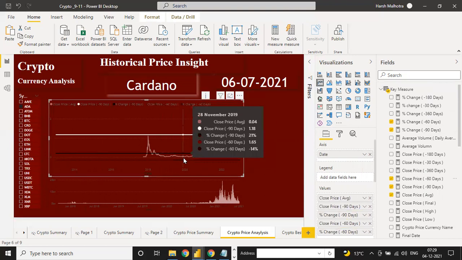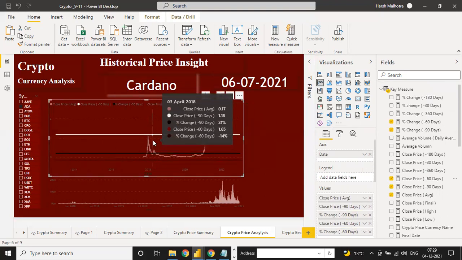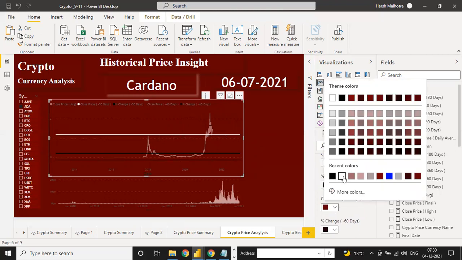This should be automatic. See another black line, and where is a new line? White, red. Where is the red line? I think the red line is not shown here. So if I click on this data color, this red line is white.